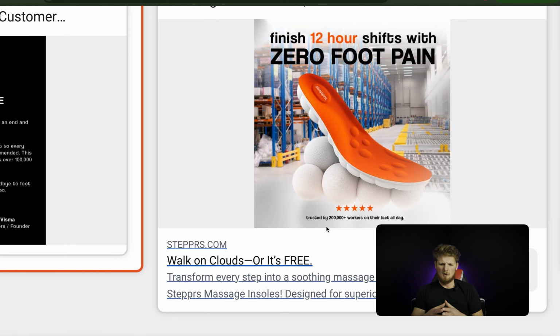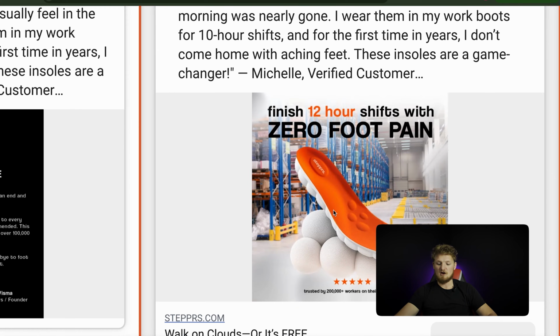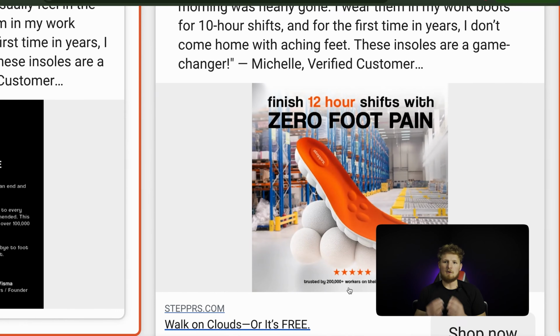So just knowing this, for us, now we need to see what would match with ours. In this case, if I'm just imagining this, if I'm going to recreate this one for my product, I would be like, okay, where would my socket be used? A mechanic shop, a garage, or all these other places. So that would be my main background. Then the product obviously is going to be the universal socket, and then we'll have a review at the bottom, and then at the top we have the grueling task that they have to do, and then the dream outcome on the bottom. All right, now that we know which ad we're going to recreate, now let's go to our ChatGPT